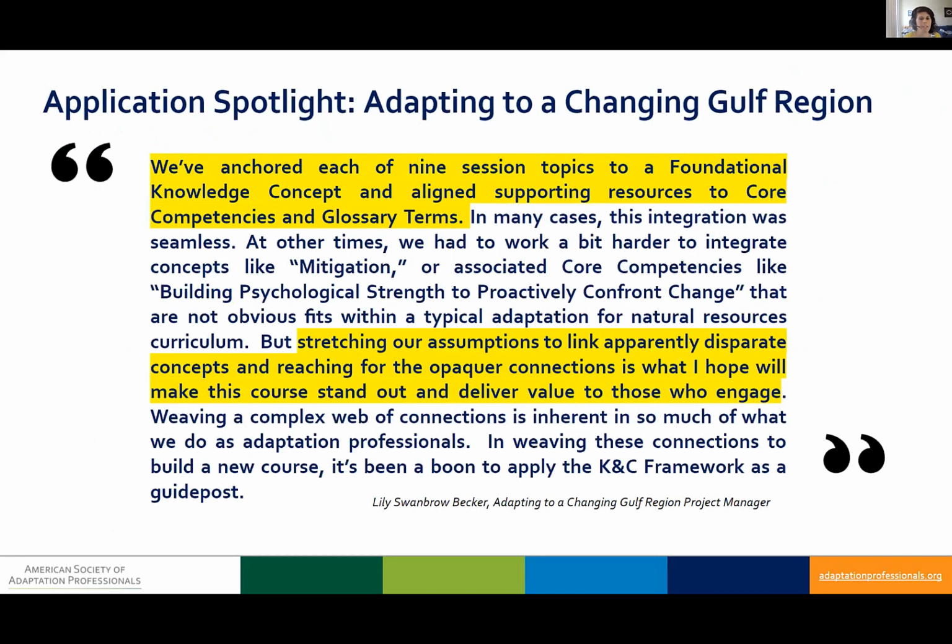And here's an application spotlight for the Knowledge and Competencies Framework as well. And you'll get these slides after the presentation, so you can review that at your leisure. So those are the ASAP professional guidance resources. We also have the glossary, which I mentioned, and you can access everything at the link